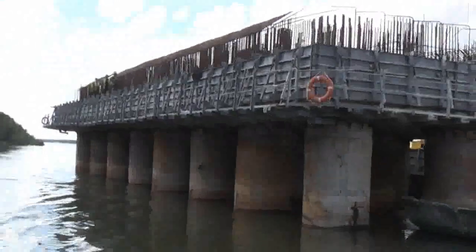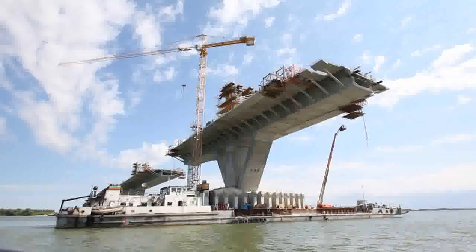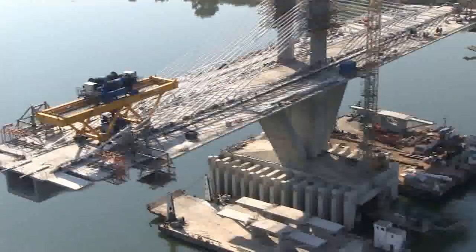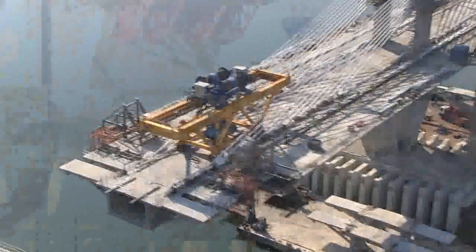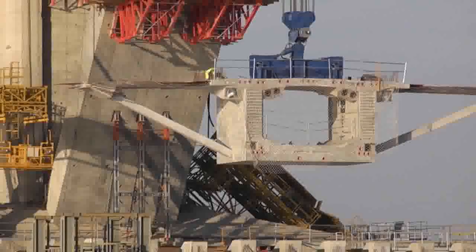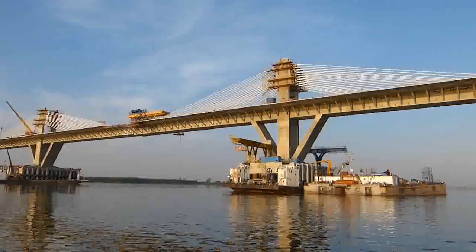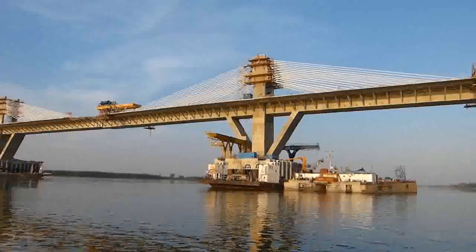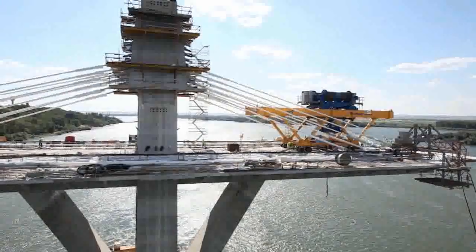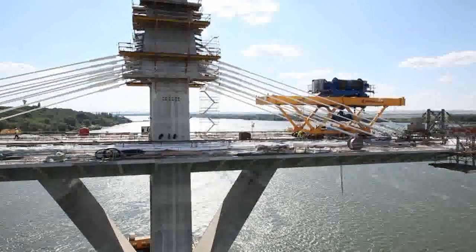The deck is equal to the non-navigable stretch, also mounted in each pier by balanced cantilevers, but from the river and with segments much larger and heavier, 4,18 meters long and 250 tons in weight. Besides the internal longitudinal pre-stressing, due to the greater length of its spans, it requires an extra-dosed pre-stressing which comes from the upper slabs of the segments and is anchored to the pair of pylons 22 meters high in each